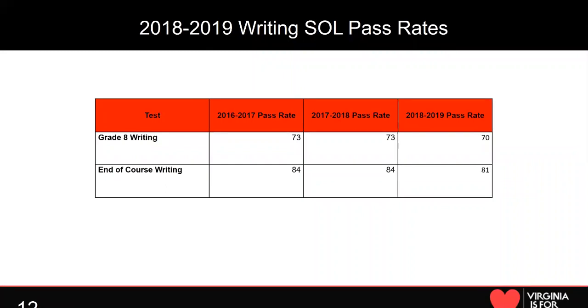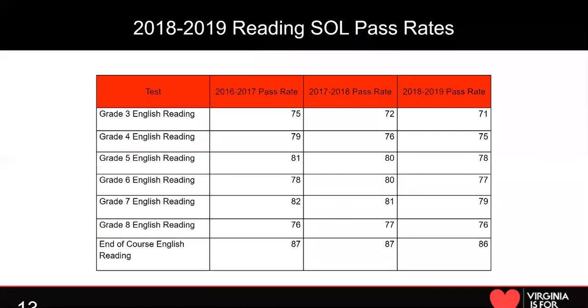But again, focusing on that 8th grade writing result, the scores have trended down since 2017-2018, down 3 points to 2018-2019. We see similar declines in reading. Again, the focus of what we're talking about today is writing, but you're also going to find that good writing instruction cannot exist without good reading instruction. Those things are tied to one another, and if they're not linked, we're not looking at best practice.